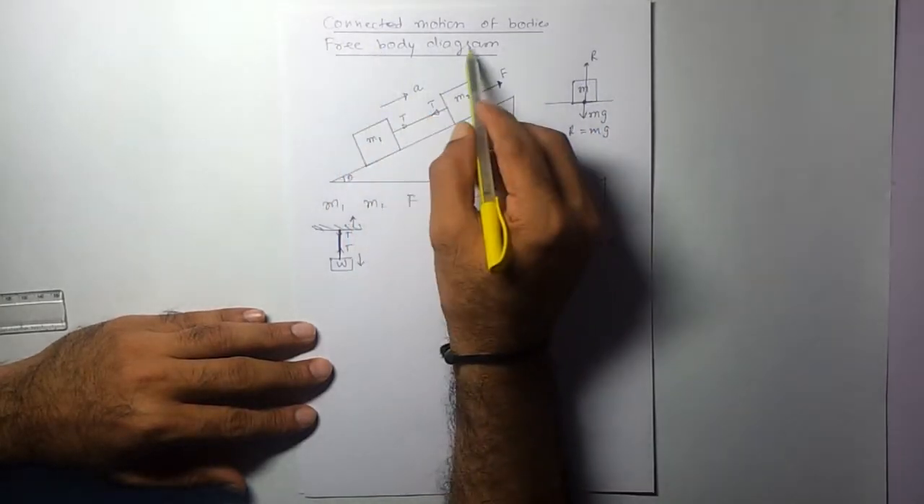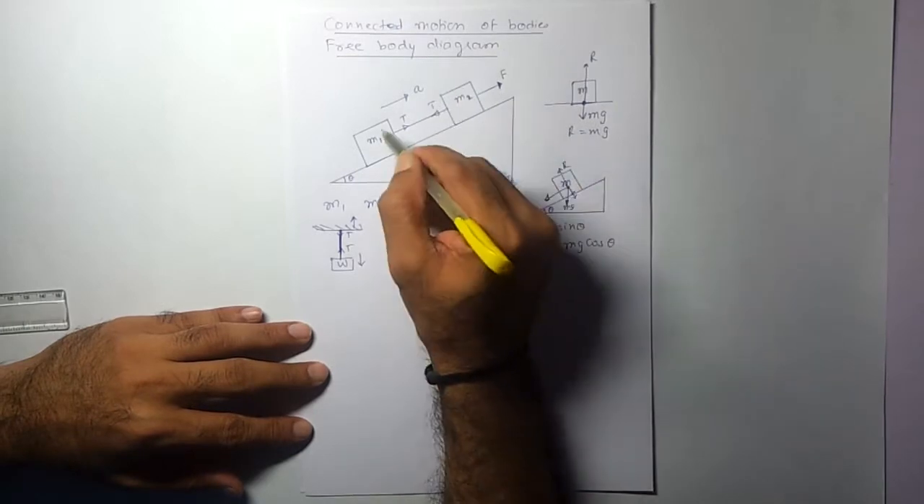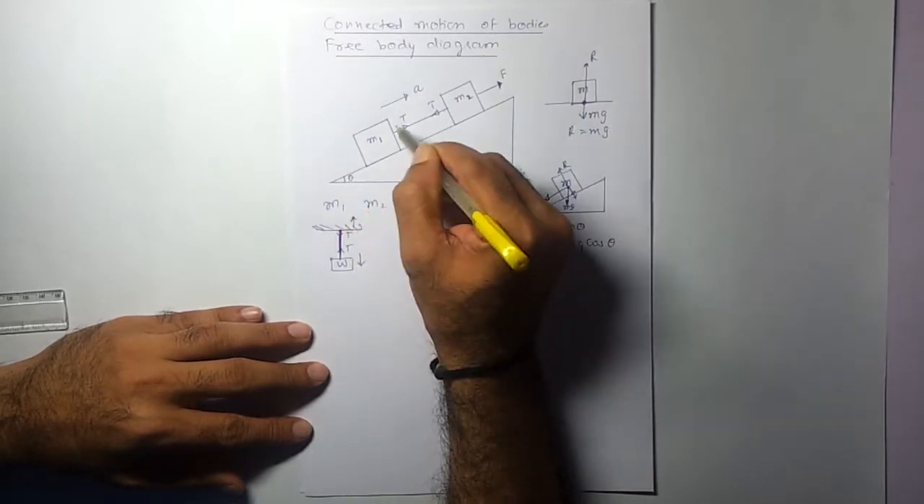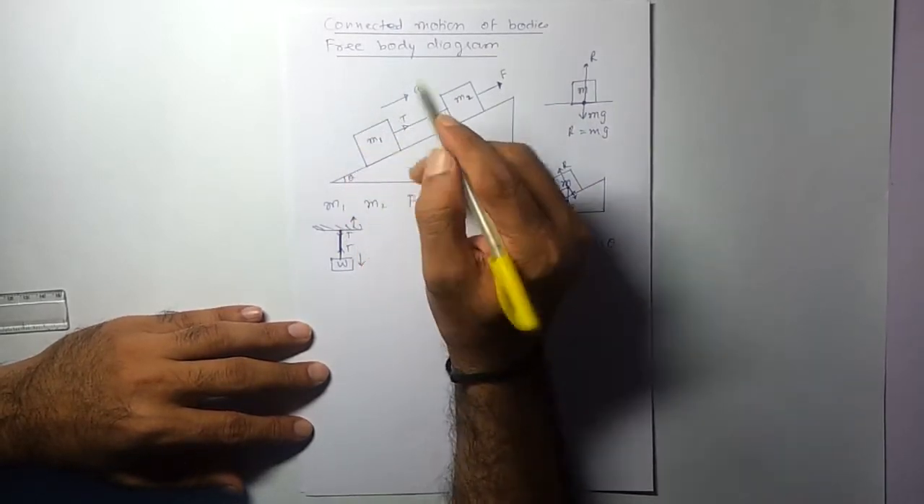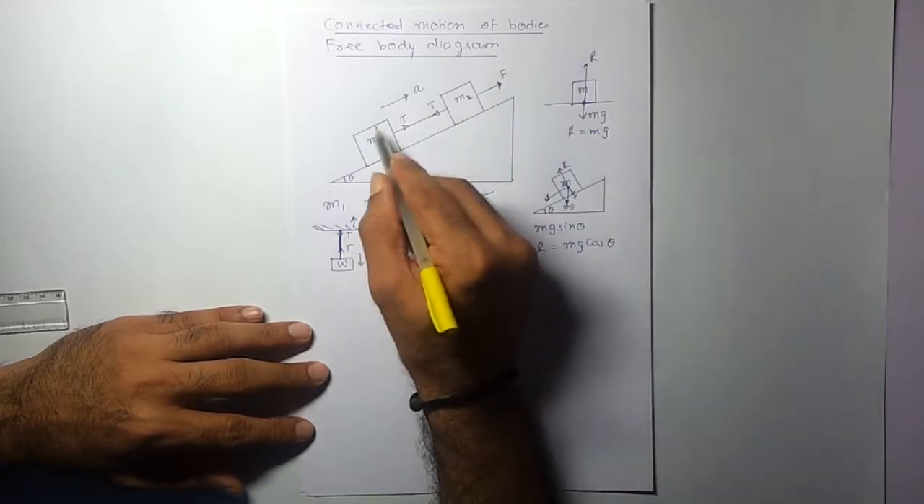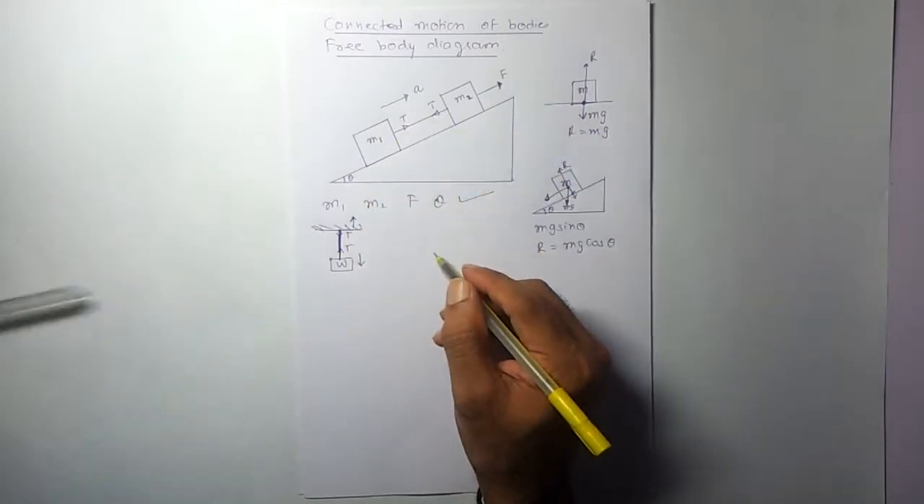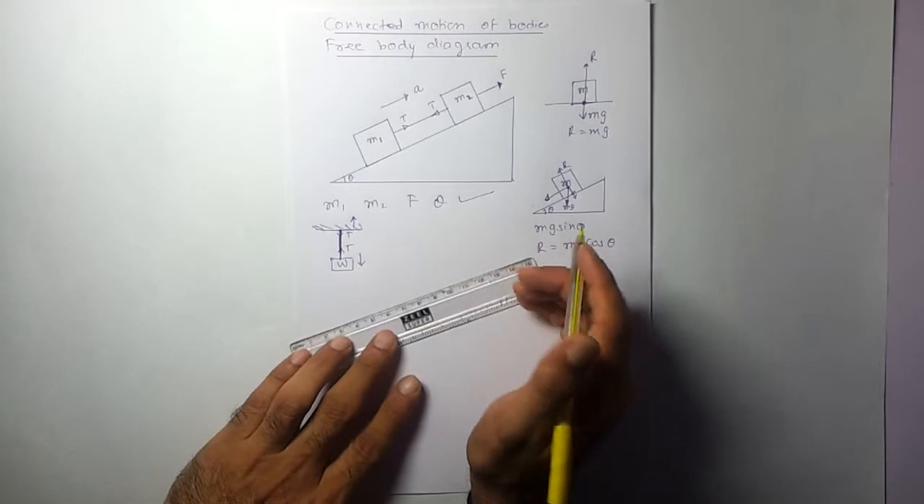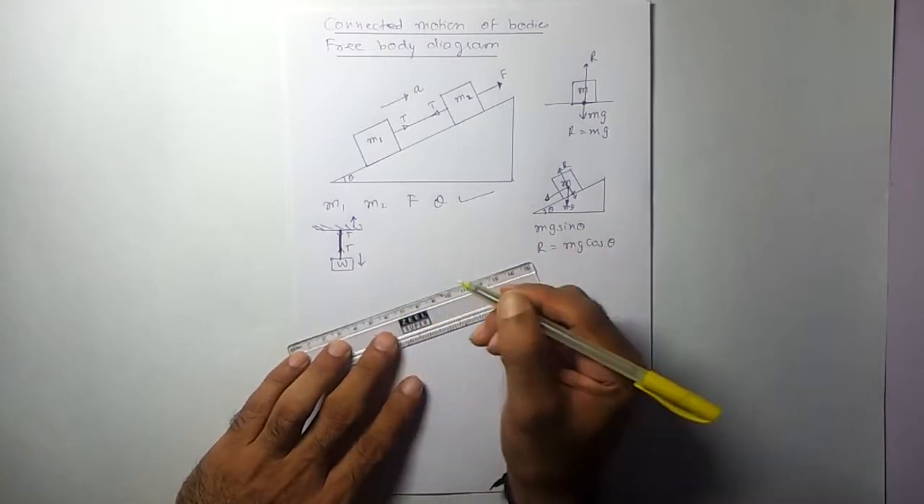Now let us look at the free body diagram. In a free body diagram, what we do is we take one object at a time and analyze all the forces acting on it, right? So let us begin by taking m1. Once again I'll draw the inclined plane, and I'll assume there's only one object m1 on this. So let us say this is the inclined plane,